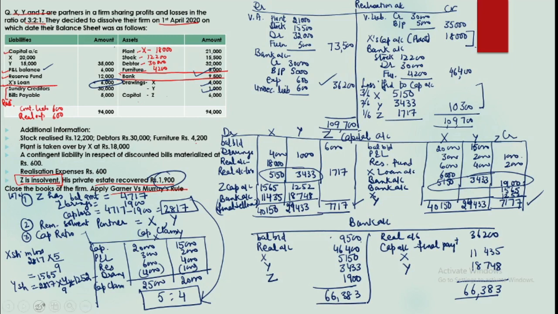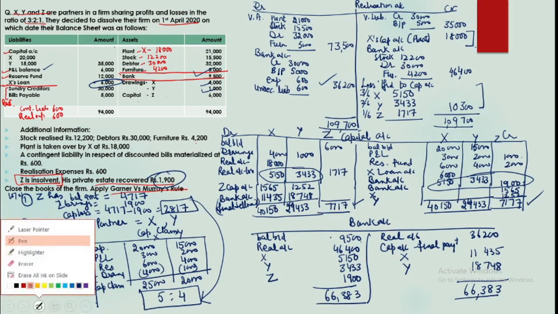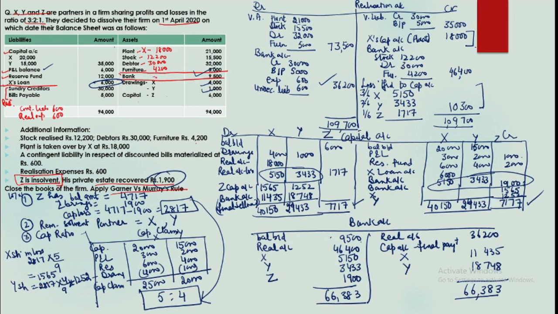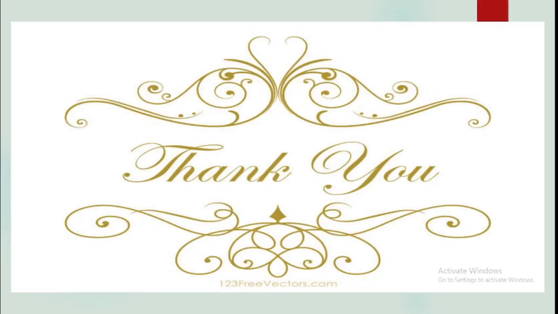Now let us dwell on some more matters here. Now suppose in place of this drawing, if it was a current account, now how will it affect your question? Now if we are given a current account, it means capitals are fixed. Now when capitals are fixed, then we don't need to calculate the capital ratio like this. So if capital is fixed, then the ratio is the ratio of fixed capital. So there you can directly take the ratio as 4:3. Right? So if capitals are fixed, if current accounts are given, then the ratio can directly be had from the question.